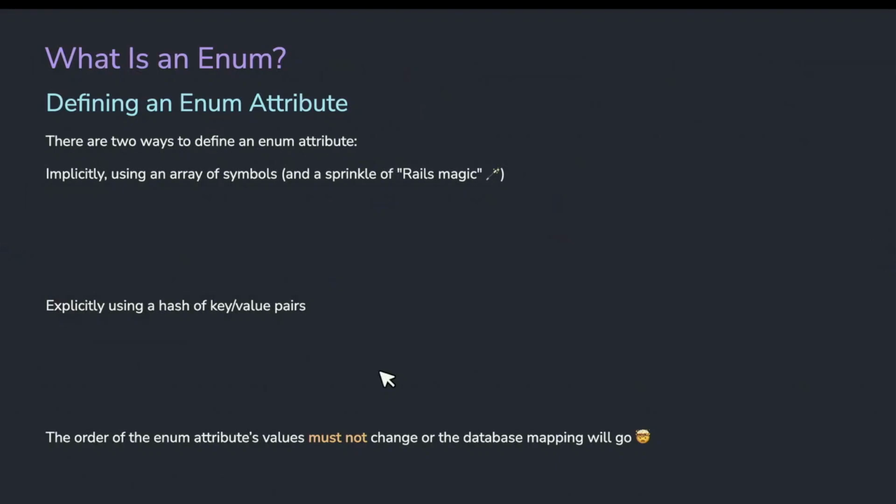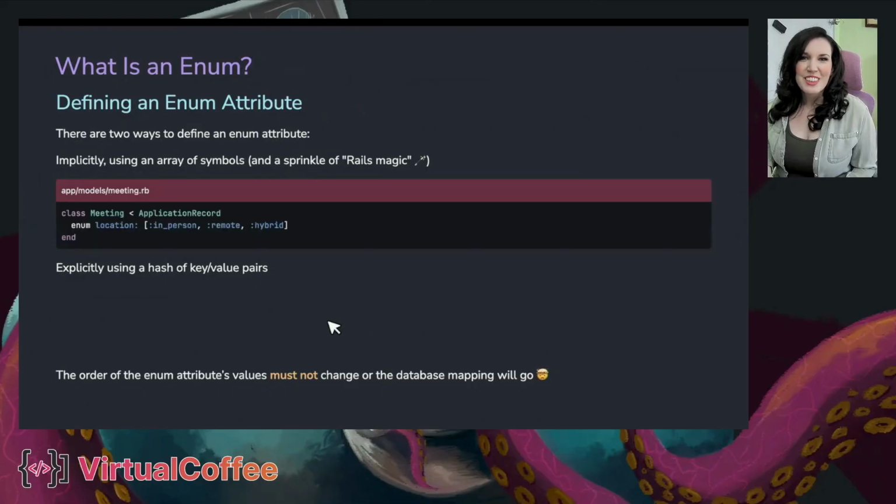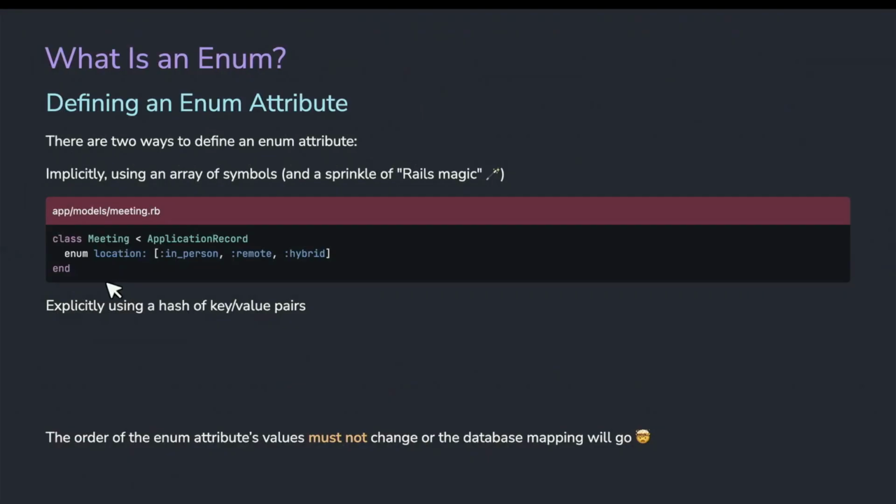I had a mental image of throwing confetti at the camera, but that would have been messy to clean up. So using our meeting class example, you put enum, the location attribute, and then using an array, you fill it with the symbols of the possible values, in person, remote, and hybrid.